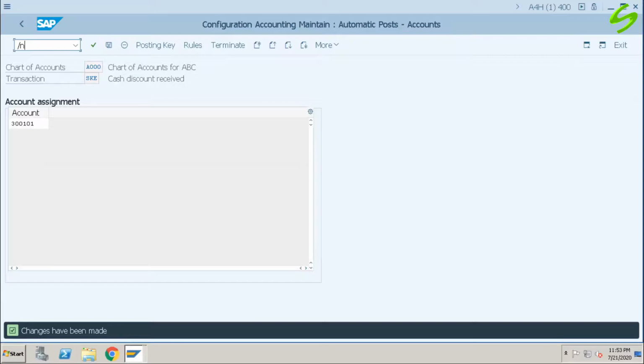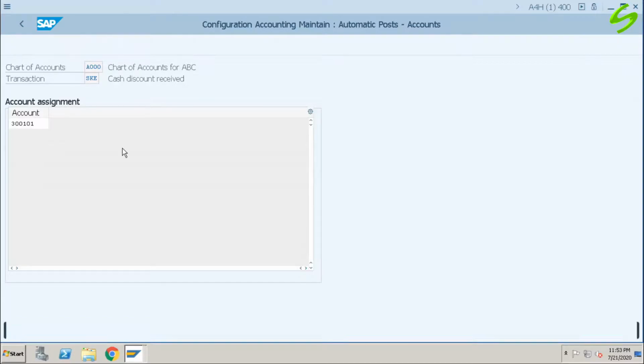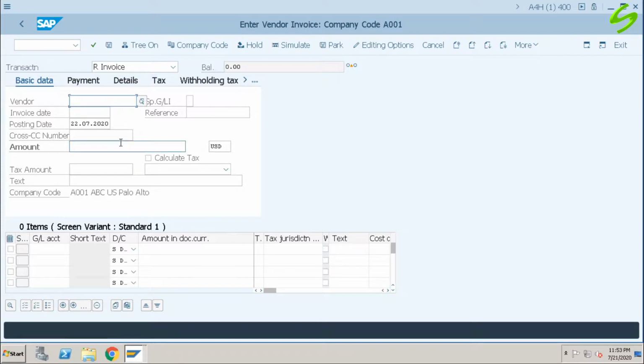Let's go to transaction code FB60 and post an invoice. Vendor number 60000.